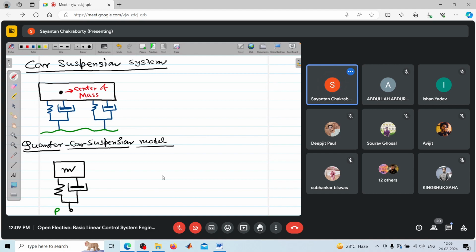is responsible. So assuming that the motion at point P is defined as xi, as an input, and the motion of the mass with respect to this is x0, which is regarded as an output. So if I now write down the equivalent equation corresponding to this system, which is a quarter car model of the entire suspension system, quarter means one fourth. So what I can write down, the force balance,